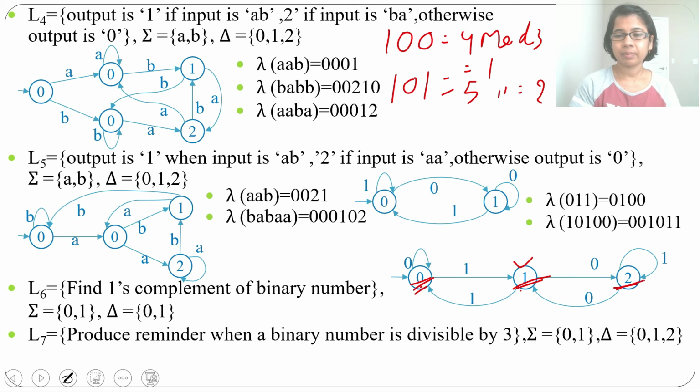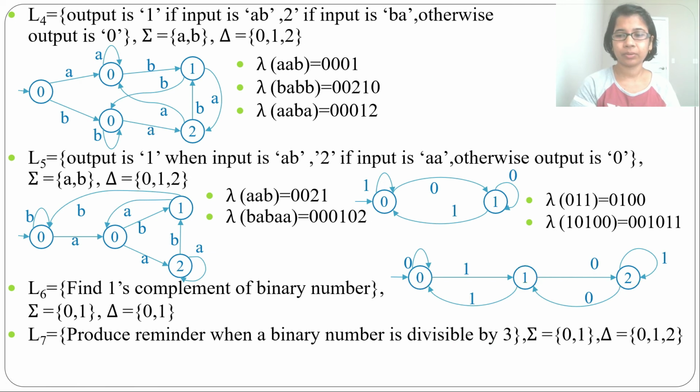I already explained in DFA how to design DFA for this type of language. It is the same as DFA design. Here we are just not doing the final state. We are just writing the remainder. We are not adding a final state. If you have any doubt, just go through that lecture where I discuss not divisible by 3, 4, 5.